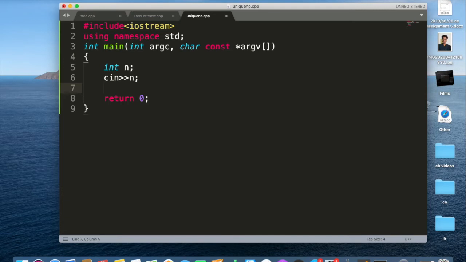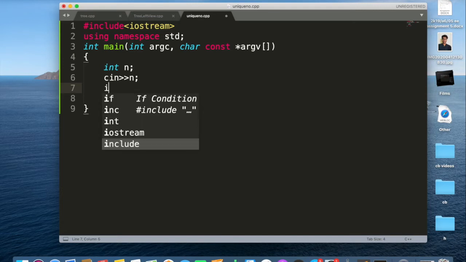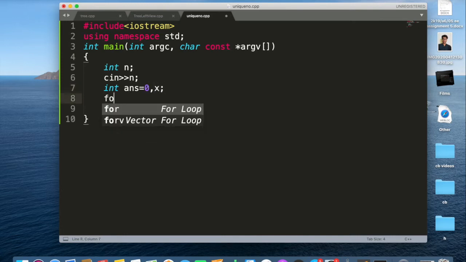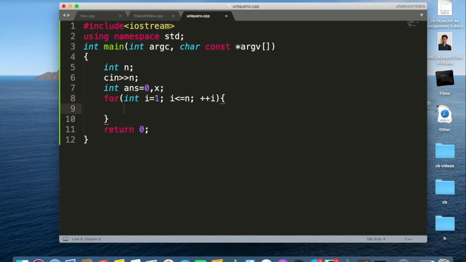Then we need to track our XOR, so we'll take int answer is equal to 0 and another variable x. So we'll input x n times. So int i is equal to 1 and i will be less than or equal to n, i plus plus. So we'll input x n times, cin x, and then we'll do XOR of x with answer every time.